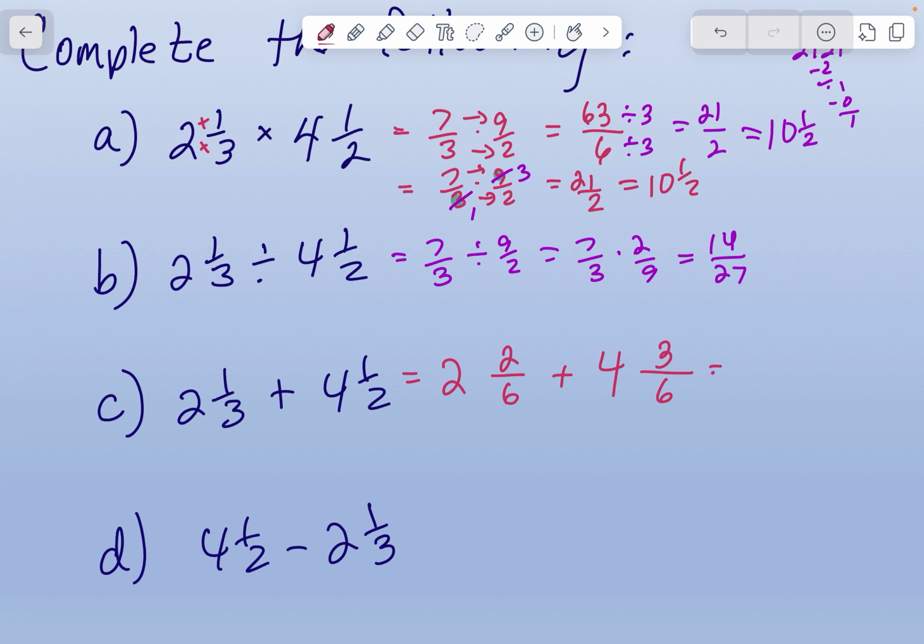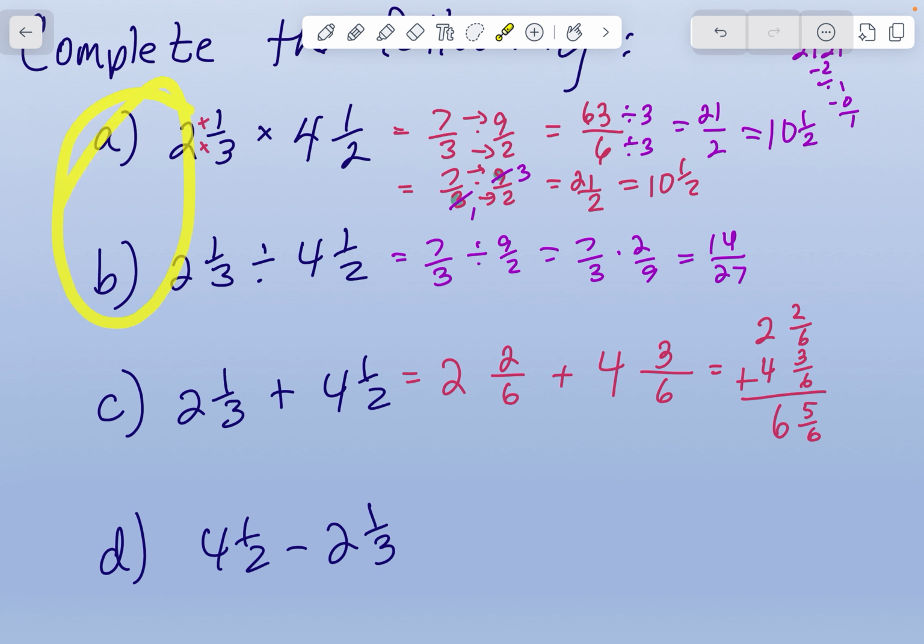And so we now add it up. Now, you're going to add, sometimes that's helpful to kind of put it up and down instead of left to right. You're going to add the fractional portion. 2 6ths plus 3 6ths is 5 6ths. That can't reduce. 2 plus 4 is 6. You're done. Okay. Now, if we do the same exact thing we did in C, because multiplication and division have